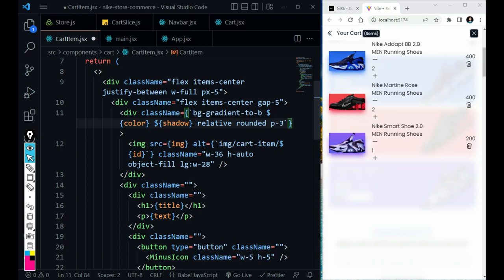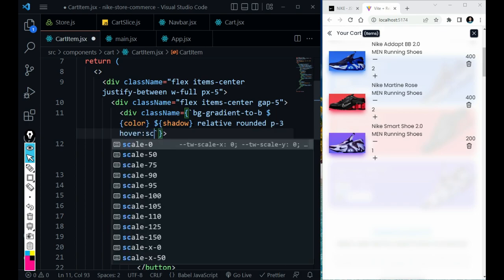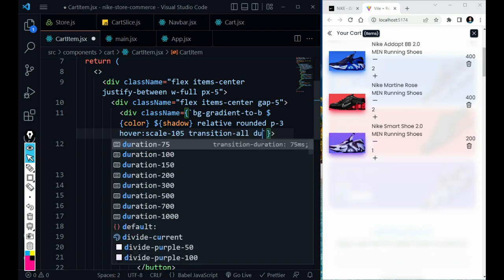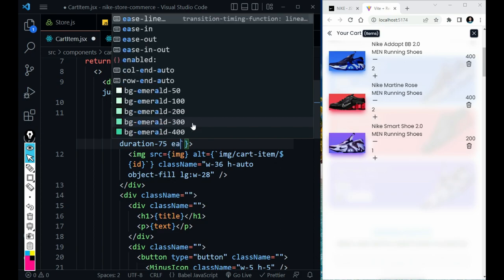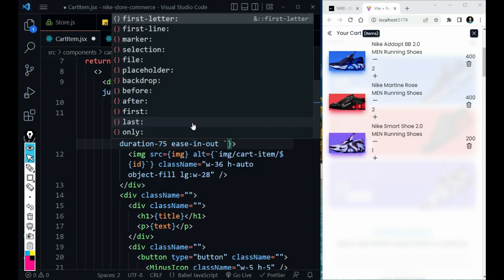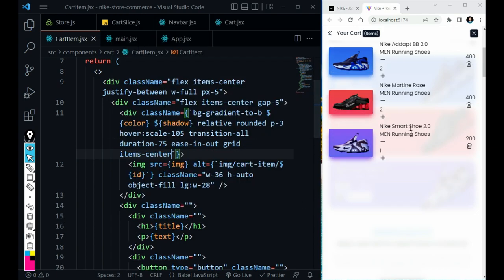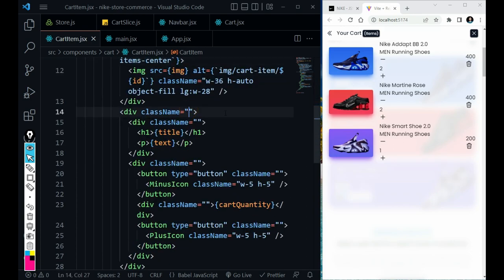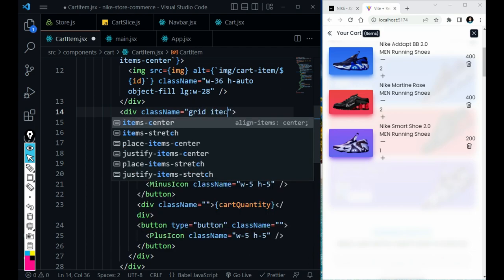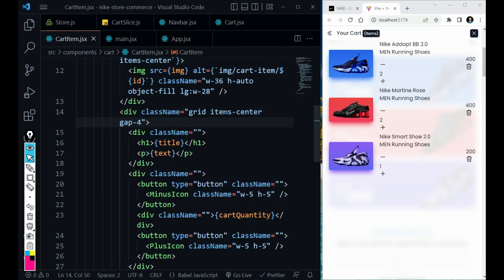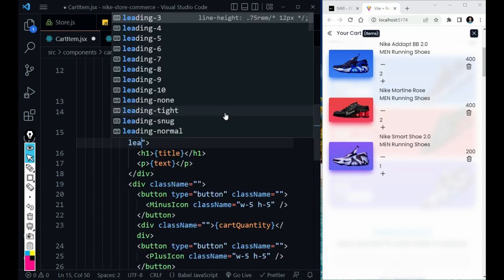padding 3, on hover, transform scale 105, transition all, duration 700, ease in out, and grid item center. Hit save. Now great. Now style this title and price. Here first add a grid, item center, gap 4, and in that div also add one more grid, item center, leading none,